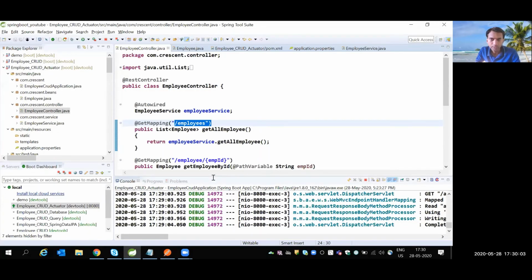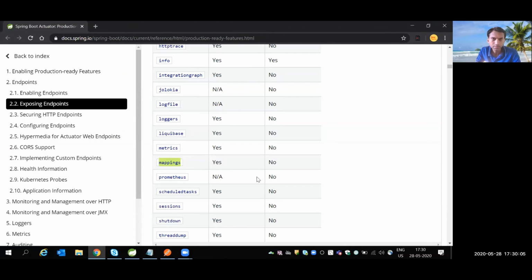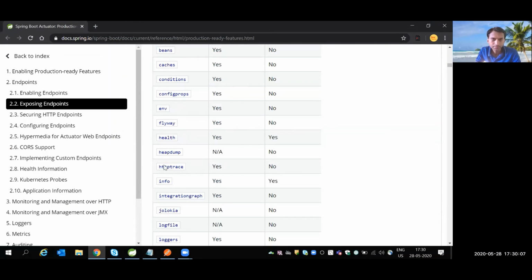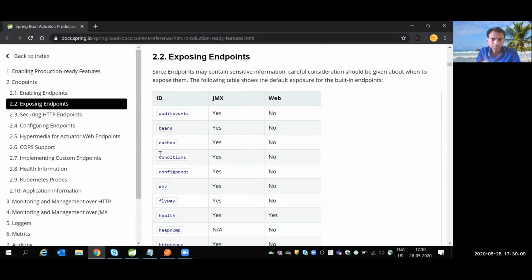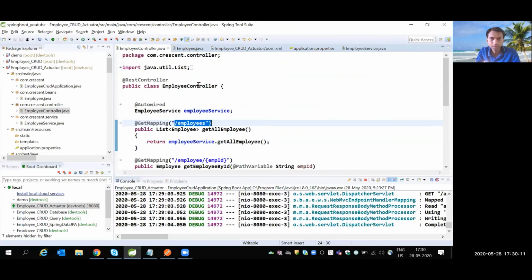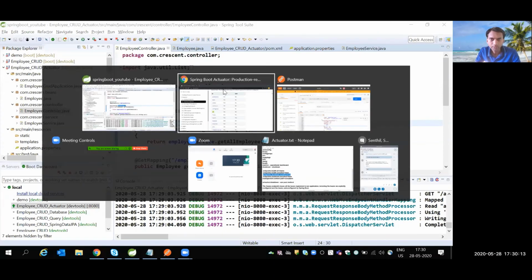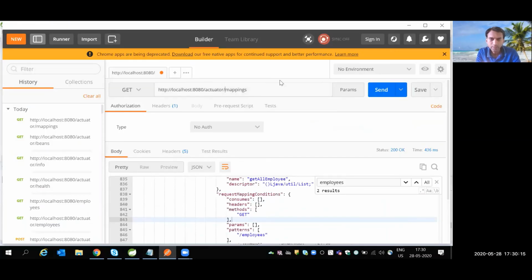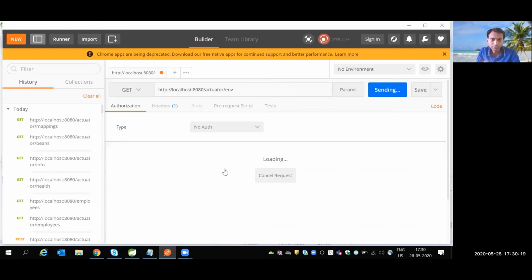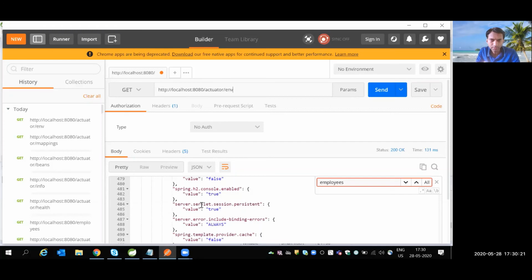Okay, let us explore the next endpoint: env, the environment details. Actuator/env. In env, it's all about the environment details.